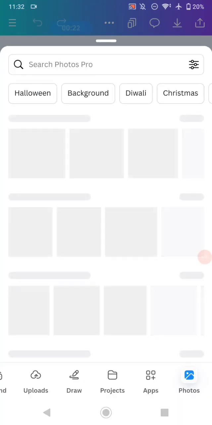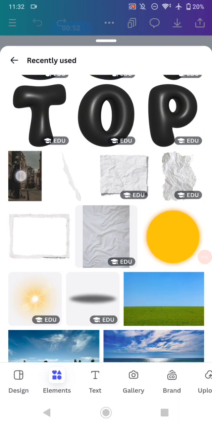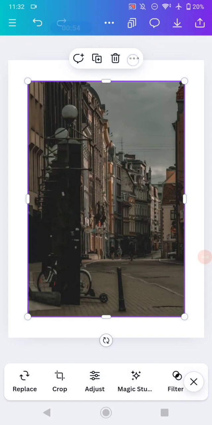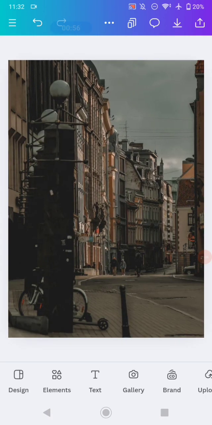In today's tutorial, I would like to show you how to make a 3D bubble text effect onto your poster. So the way to do that, open your Canva, and here I already prepared a blank page. Now on this blank page, I would like to insert an image to set it as a background. I'm going to use this image, click the three dots button and then set it as a background, just